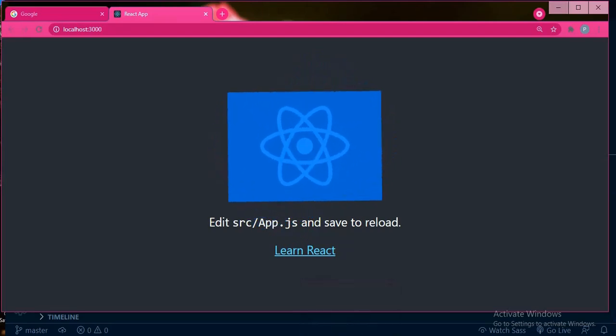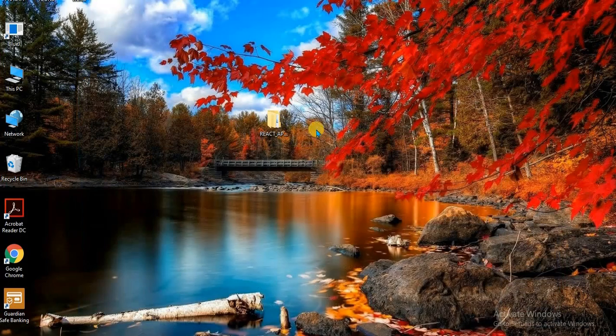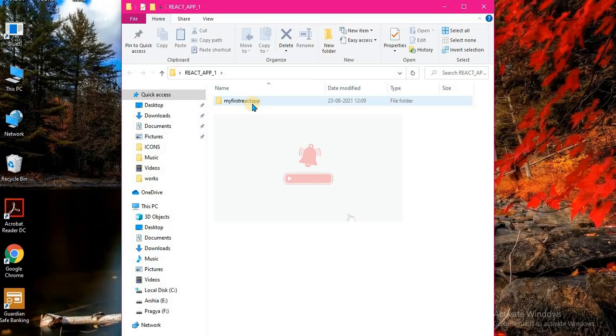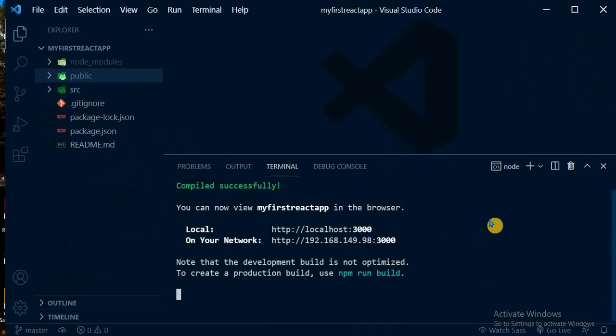To recall everything, we created a simple folder, and inside this folder we created our React app. You are free to go back to tutorial 1, React tutorial part 1, and you will be able to understand everything. Okay, so let's see the folder structure we obtained. Inside this React app, if you have followed all the steps correctly from the last video, you'll be able to see all these folders inside my first React app. Let's understand these folders correctly.